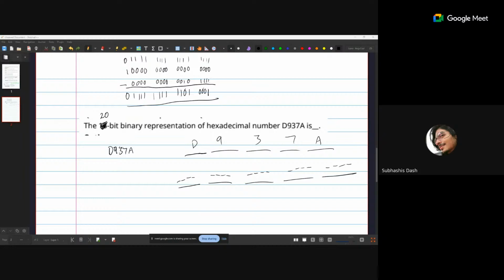So what we can do over here is, since reading hexadecimal is a bit difficult for us, we can just directly convert these into decimal numbers so that we understand what we want to read. So 9 is 9, 3 is 3, 7 is 7. That much is clear. A is actually 10. I hope you understand why A is 10. D is